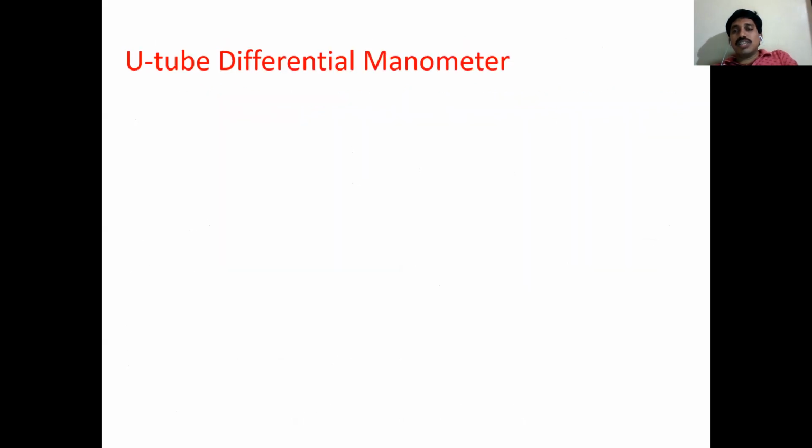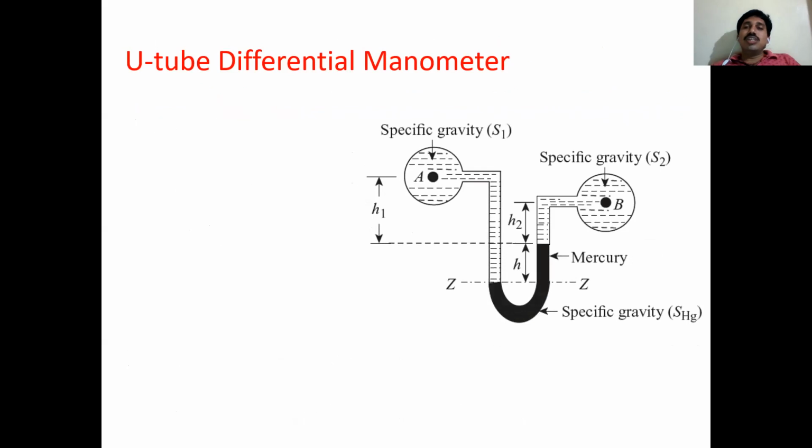So first of all, we see the diagram, then we go for notation. See all of you, this is case 2. Two pipelines are at two different levels. Pipeline A is at one altitude from ground level. Pipeline B is at another altitude from ground level. Let us assume